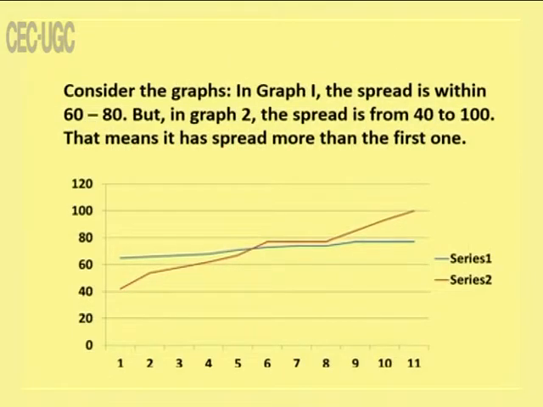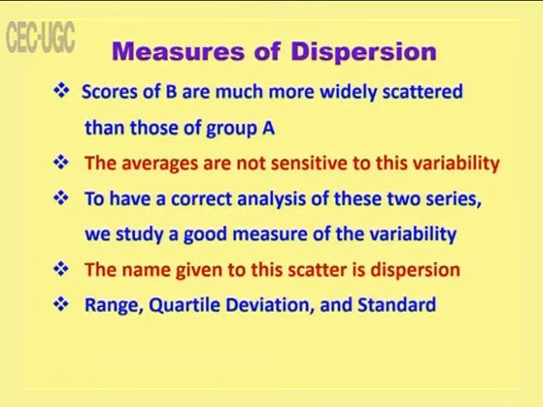If you take the graph, this graph is for set A and this is for set B. The data set A is accommodated fully within 60 to 80, but on the other hand, the data set B is ranging from 40 to 100, and that means the variability of data set B is much more than the variability of data set A. So the scores of B are much more widely scattered than those of group A, and the averages are not sensitive, as we have already seen. The average, the mean and all these are not that sensitive to the variability, and to have a correct analysis of